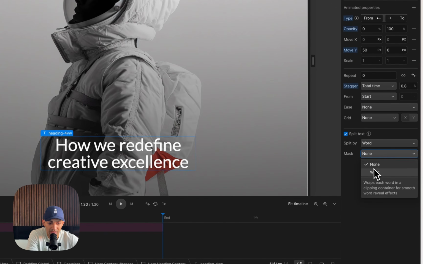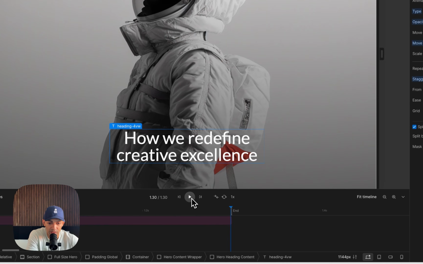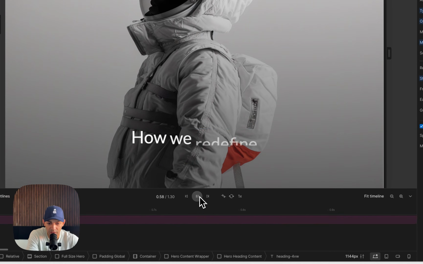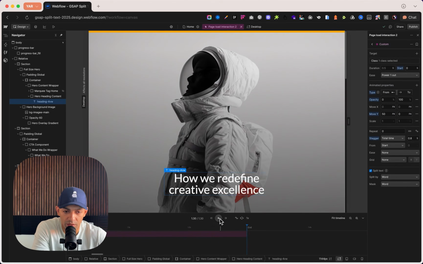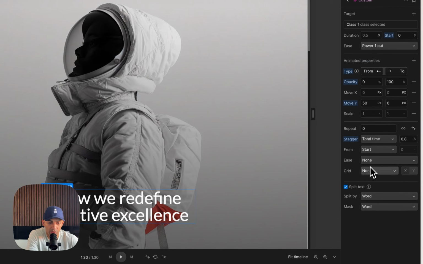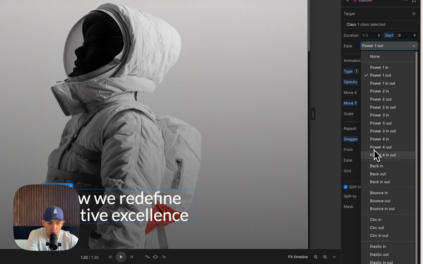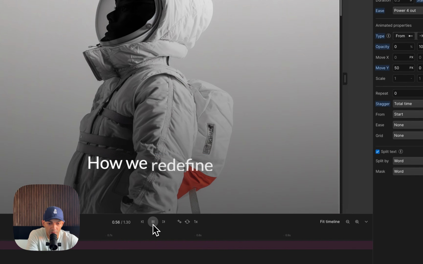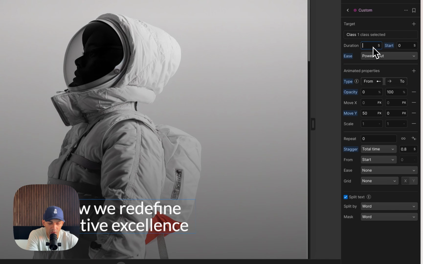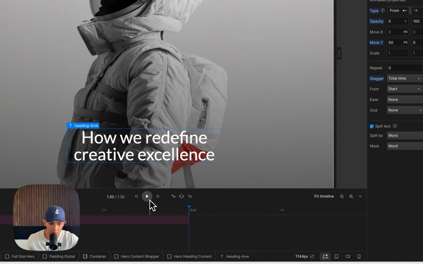You can also select mask. What we would do is a div with an overflow hidden; this kind of does it automatically. It just masks it, and it looks nicer this way. Now we can play around with the values to make this a bit more interesting. So if we change the ease, it can look a bit different. The duration, if we give it more duration,